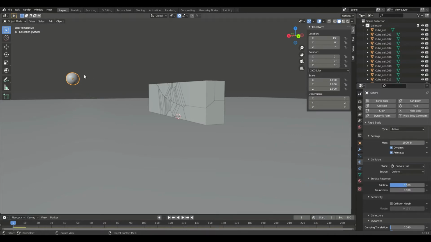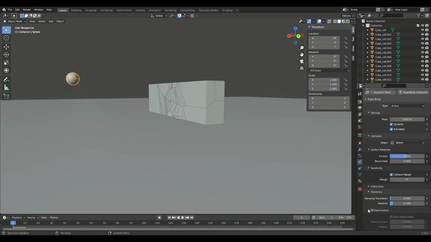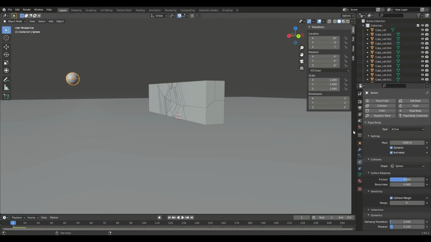Now, since it's just a perfect sphere, we're going to change the shape to sphere so it has better physics overall. So we need to turn down the collision margin on this, and we don't need deactivation on this. Now we're good.